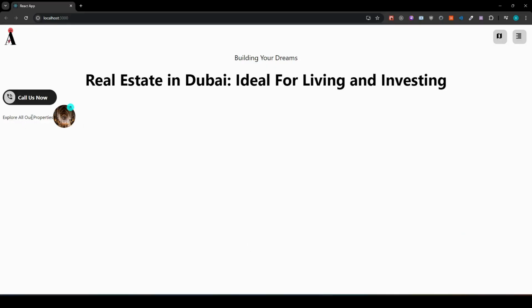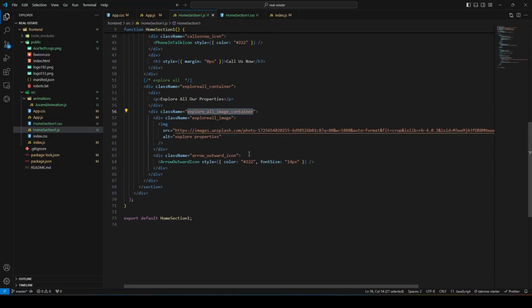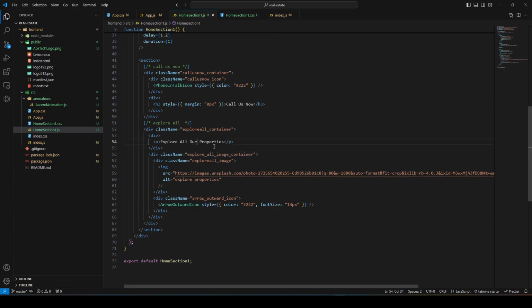If we want this on the next line, there are two things we can do. One is to directly use a slash n, but to use this we need to use it inside a string. So there is one small trick we can do: take the explore all properties text out into a variable, which will be a string. Inside that string we will be able to use the slash n, so that it will always be on the next line. Other than that, using CSS,